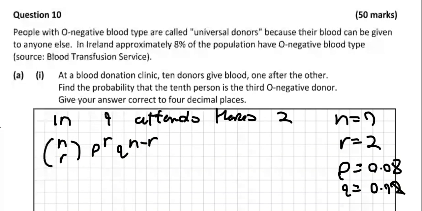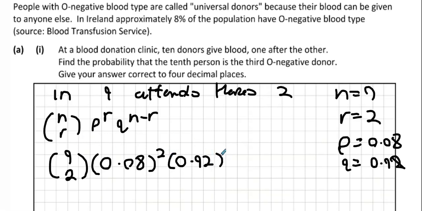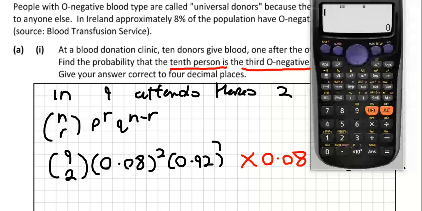What we get is 9 choose 2. There's 2 of them, so it's 0.08 to the power of 2. Your q value is 0.92 and the powers have to add up to 9, so it's to the power of 7. Then what we have to realize is that it's the third O negative donor on the 10th attempt, so we have to multiply all that by 0.08. So we go 9 choose 2, multiply by 0.08 squared, multiply by 0.92 to the power of 7,